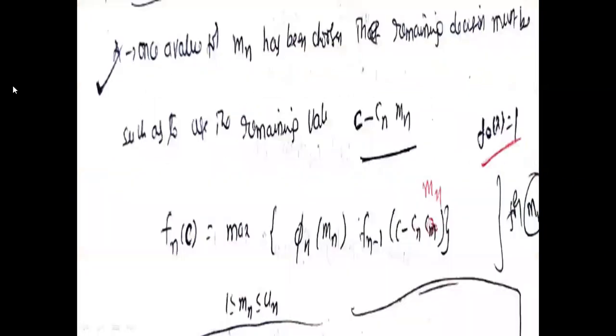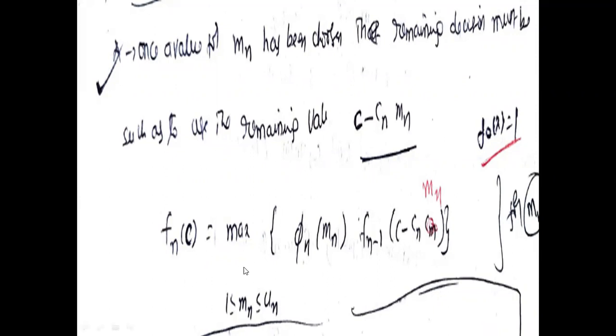But we are calculating the optimal solution, that is, the solution that maximizes the reliability under the cost constraint. The sum of the costs of the system must be less than or equal to the budget cost, which in our problem is 105. So the value of the optimal solution is f of n of c equal to the maximum of phi of n of m comma f of n minus 1 of c minus cn m1. That is the maximum reliability for the cost constraint 105.